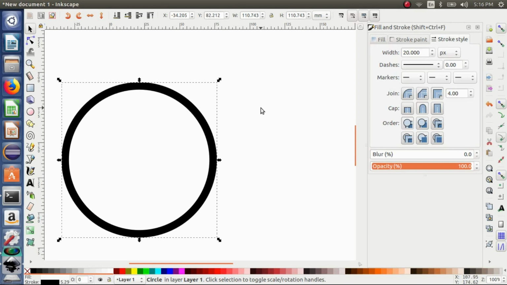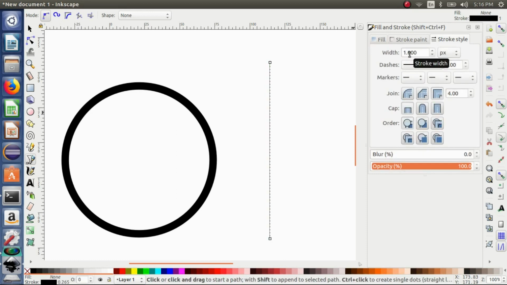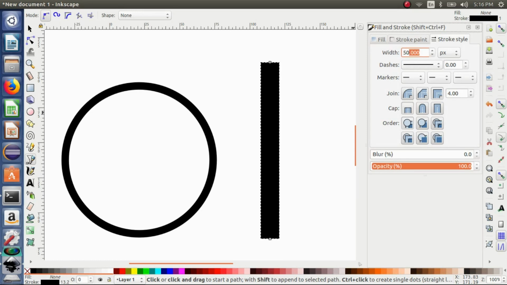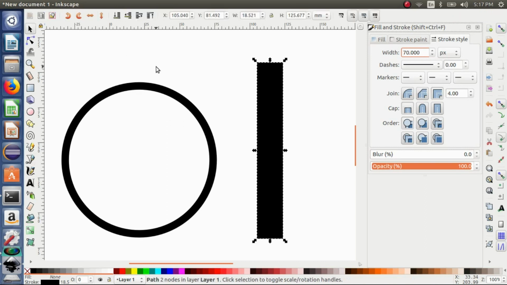Now I will select the Bezier tool and press Ctrl key on the keyboard and draw a straight line. And I will set the stroke width to, let's try 50. Now let's get more. Okay, this much should be enough. Okay, now let's try 80. Okay, 80 is enough. Now I will bring the horizontal guideline